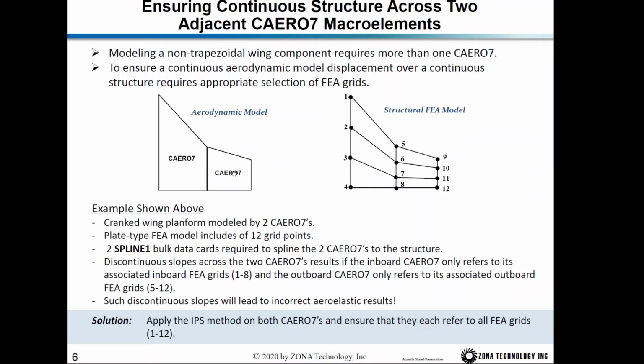When you spline this ZAERO7, you also include 1 to 12. So those two spline cards actually share the same infinite plate. So the displacement along here between those two ZAERO7 is continuous. However, such a spline strategy for force spline may not be correct, because if you create a force spline matrix, if this ZAERO7 refers to grid point 1 to 12, and this ZAERO7 also refers to 1 to 12, that means